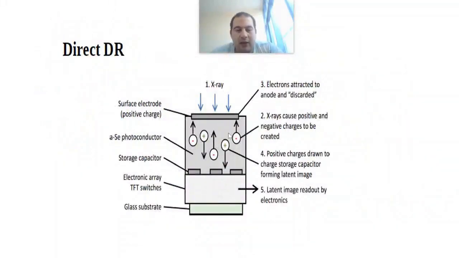Here is this semiconductor, which is amorphous selenium, not amorphous silicon. When X-rays are incident on the semiconductor material, what happens? It starts to generate negative and positive charges, which attract each other depending on the electrodes present. So the negative charge goes to the positive electrode, and the positive charge goes to the negative electrode. This is what happens, and the charge goes to the charge storage capacitor, and then the image is formed